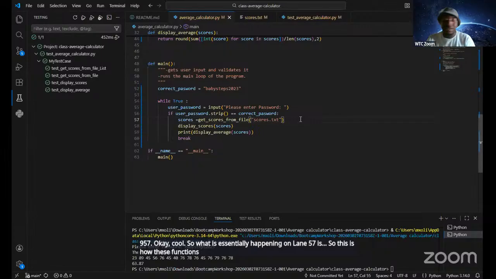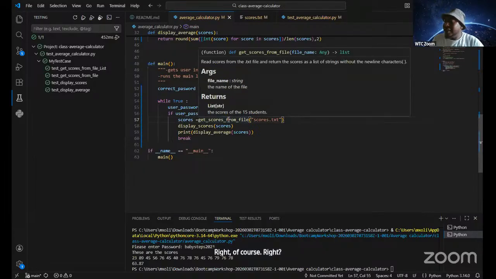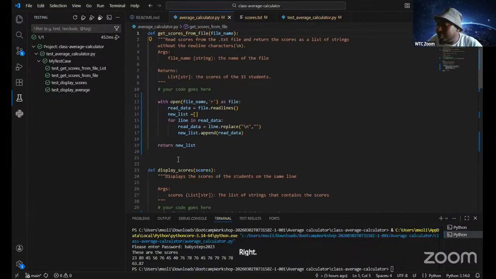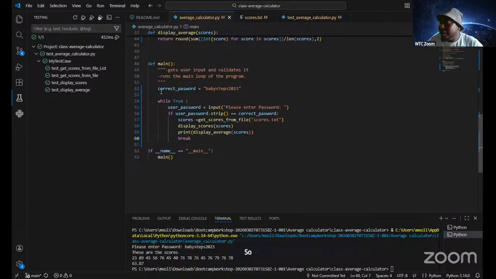essentially communicating, right? You'll notice that the rest of the functions were relying on this list of scores, right? So what then happens is we are on line 57 calling this function called get scores from file, right? So what's going to happen is that the compiler, you'll see that here we're only calling the main function, nothing else, right? So what's going to happen is that once